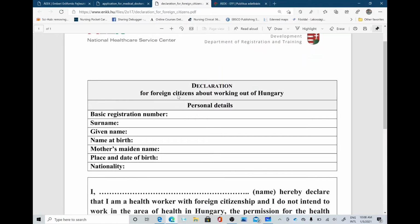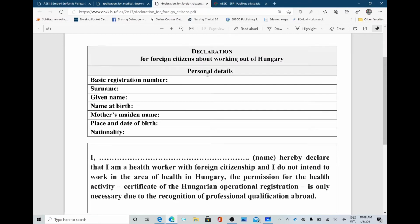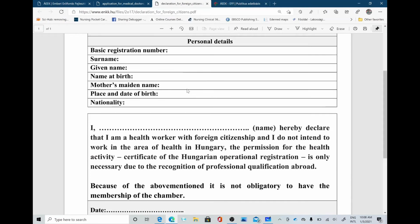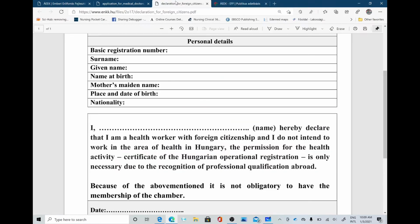So this is the declaration form. It says it's for foreign citizens about working out of Hungary, and your personal details. By this time you should know, and you would know the basic registration number. I will show you again. It comes from here. Write your name, your registration number you might know by the time, and then double click and then slide it, right? And then search it. You'll find your name and then click on the data sheet and you'll see more about